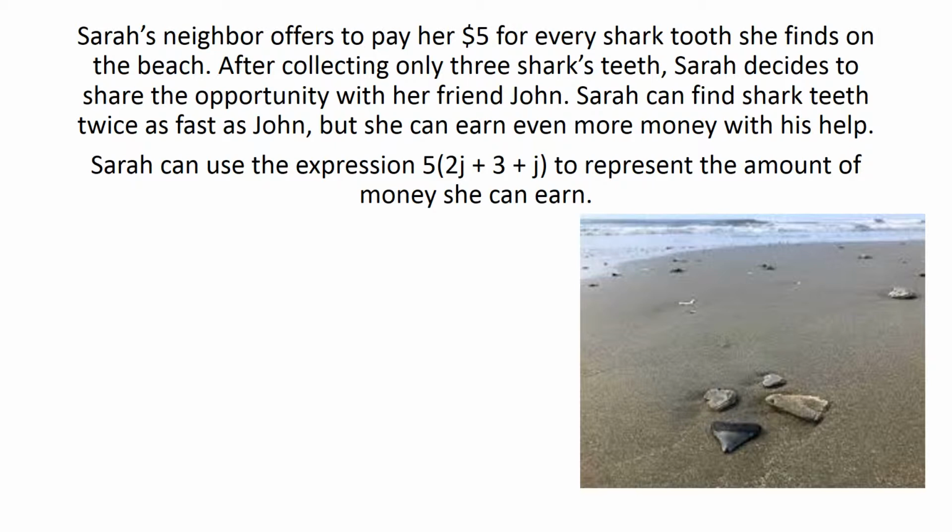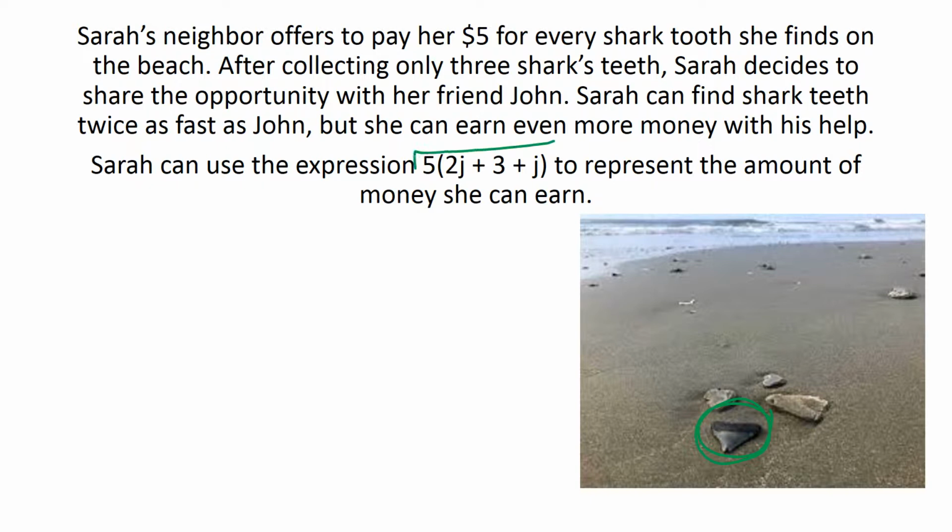It says Sarah's neighbor offers to pay her $5 for every shark tooth she finds on the beach. So we're at the beach. Sarah's at the beach. She's trying to collect shark teeth. Remember, this is a shark tooth right there. And she says, okay, well, after collecting only 3 shark teeth, Sarah decides to share the opportunity with her friend John. Sarah can find shark teeth twice as fast as John, but she can earn even more money with his help. Sarah can use the expression 5 times (2j plus 3 plus j) to represent the amount of money she